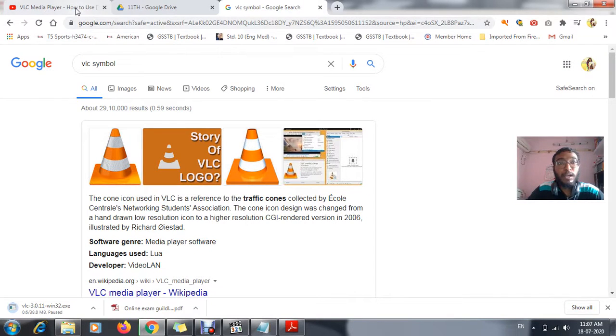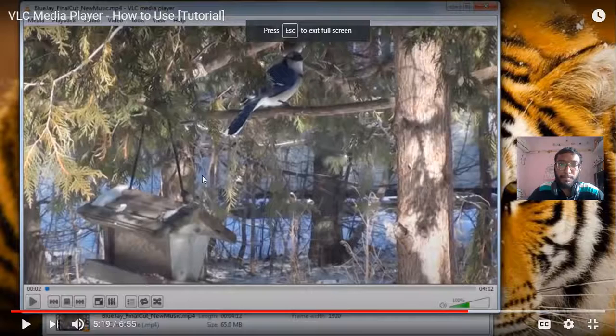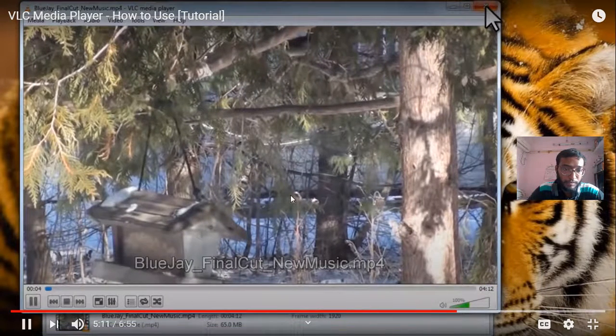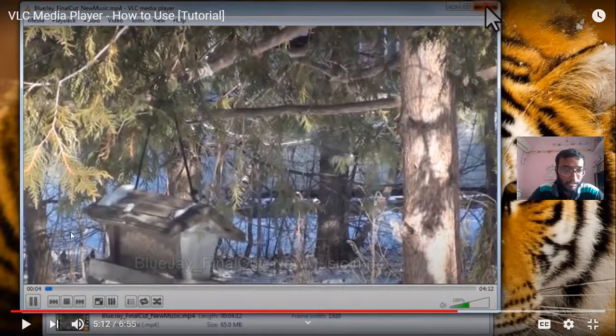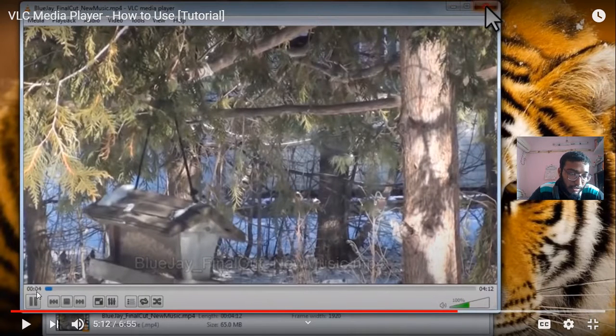Now the working of a VLC media player. Each and every player, as you know, has a start button and a pause button. I hope you can see that particular area. Stop button is there, start button is there.